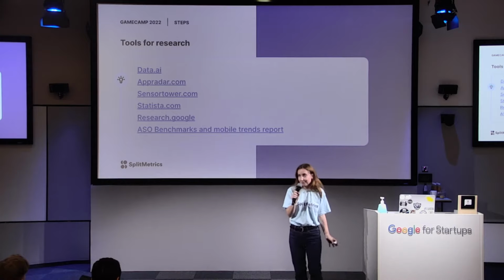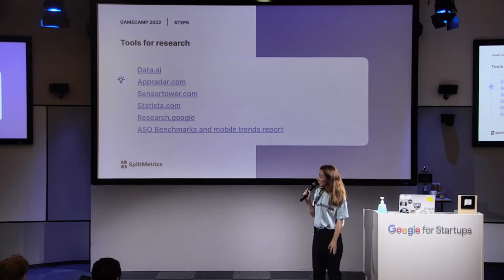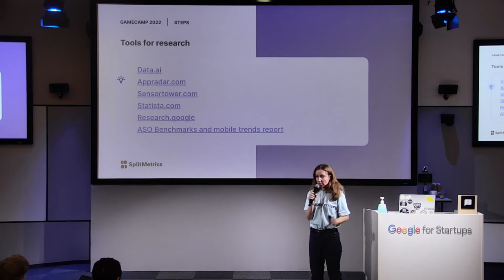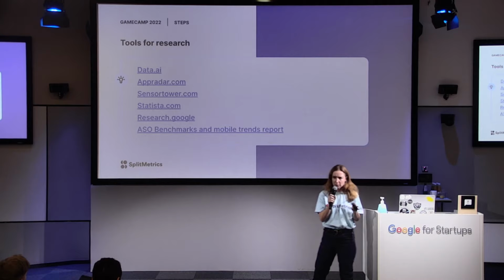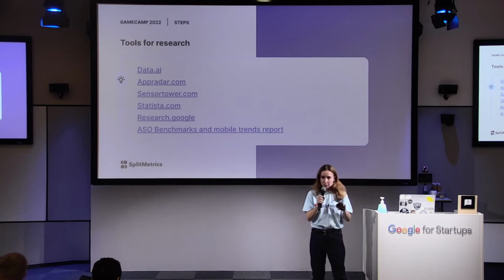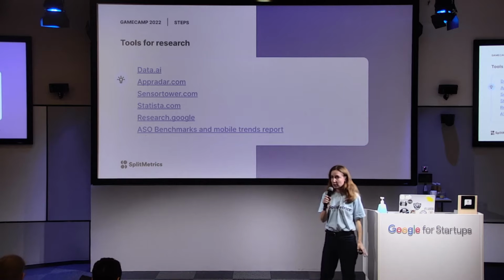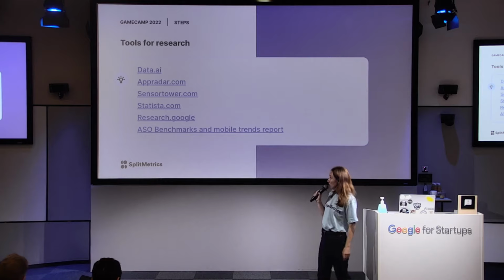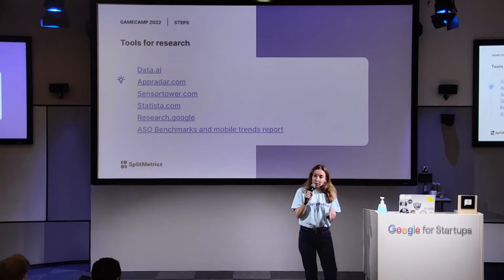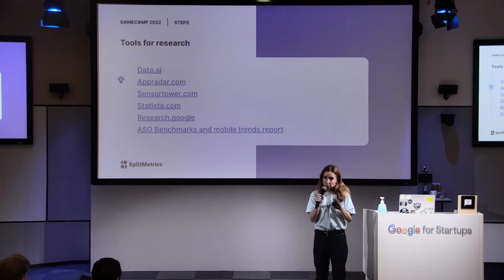Also, if you don't have such budgets, you could check Statista. It's also my favorite resource, and also research.google. They are not really popular among app developers, but there is lots of data about almost any app genre or game genre and market sizes. So just put in puzzle games market size there, and you will see lots of data and numbers. I also include ASO benchmarks and mobile trends report. It's ours from SplitMetrics. It's free, so you can download it and check all the